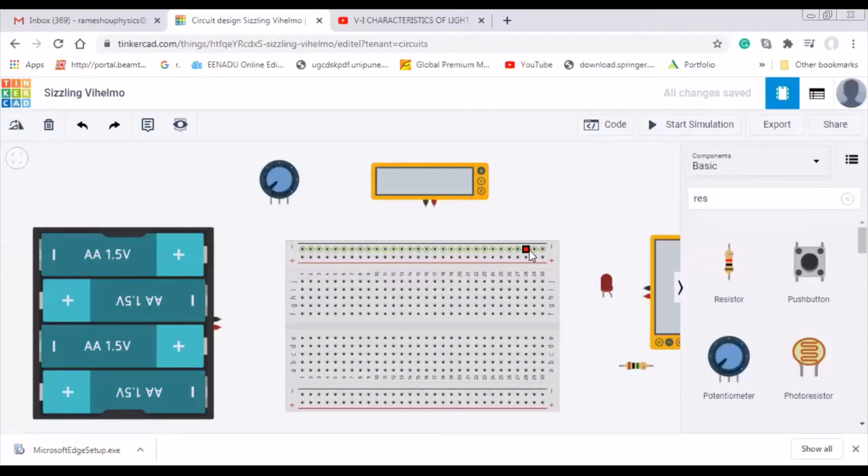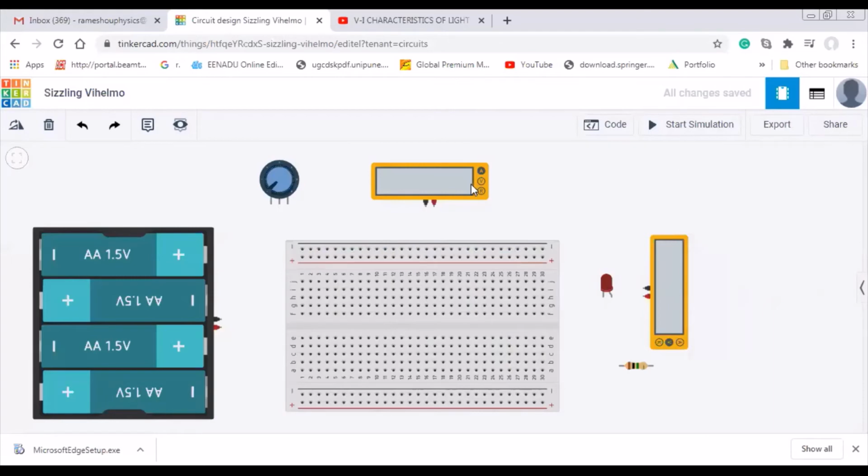See, I select the various components we are using for the measurement of the IV characteristics of LED. For this, I have taken the breadboard. And this is the ammeter. You can observe that it is generally called a multimeter. It can be used for the measurement of various values like amperes, voltage, and we can measure the resistance also.